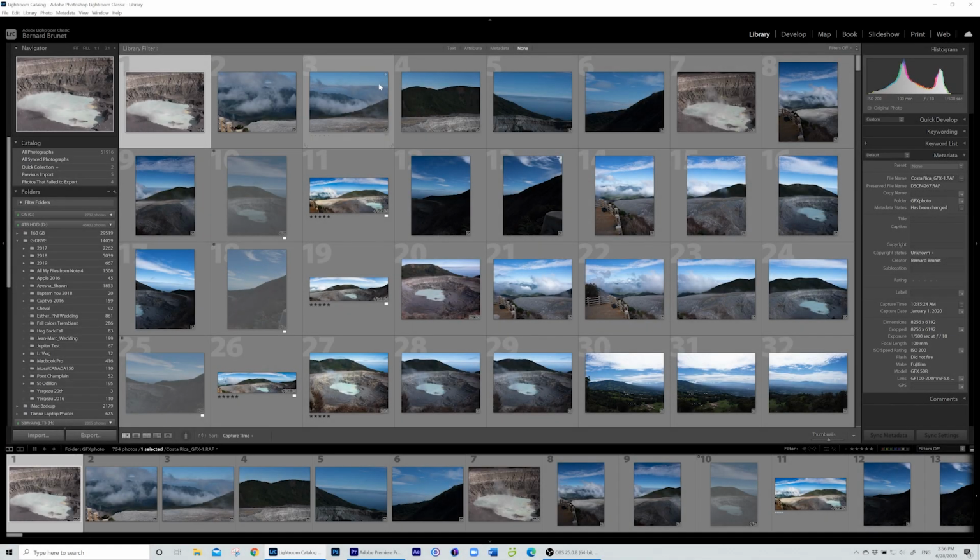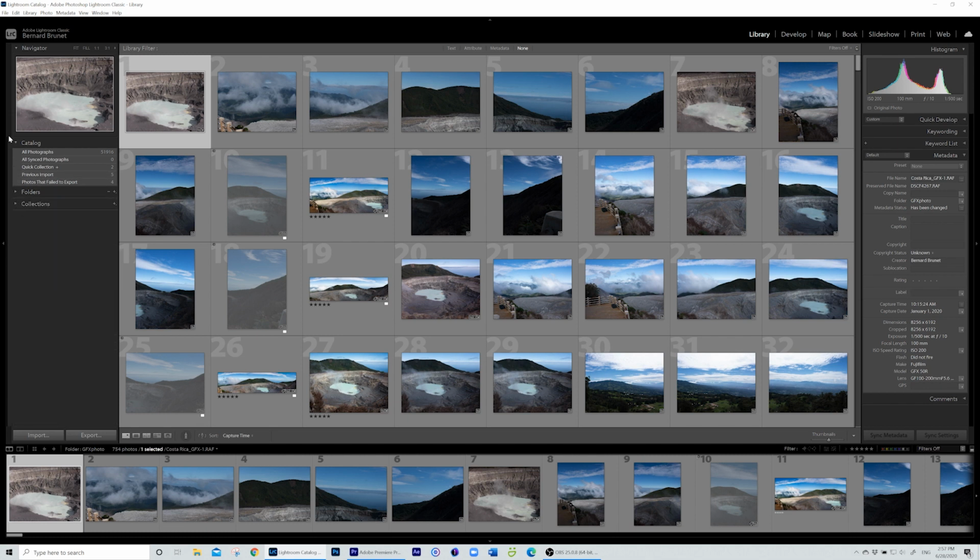Okay, we're now in Lightroom right here, and as you can see, it's the new version, the LrC, Lightroom Classic. One thing to be sure: this won't work with Lightroom Mobile. This is not the same workflow, not the same setup. With Classic, this is a Classic tutorial. So we have our regular folder here, catalog, as you can see,